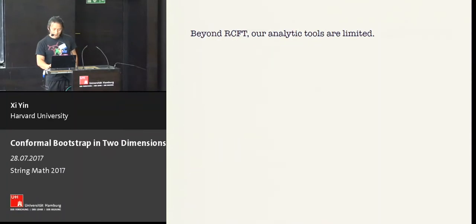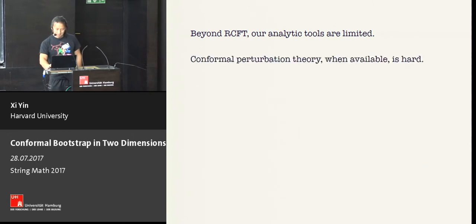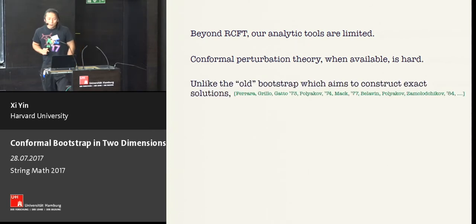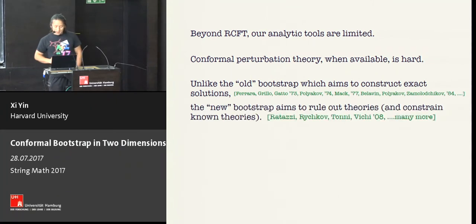Now let me get down to the actual details. So the standard textbook technique beyond rational conformal field theory is fairly limited. For instance, conformal perturbation theory, when it's available, is hard, as I already mentioned. The old 2D conformal bootstrap approach was aimed to construct exact solutions, and that was extremely successful in solving a large class of rational theories. But we'd like to understand irrational theories, and the new conformal bootstrap, a reboot of the